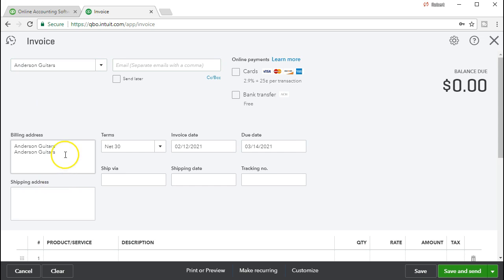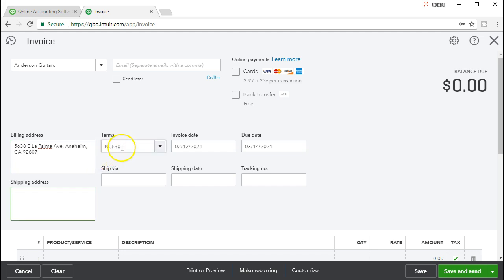We do need some type of billing address so that the sales tax will calculate. We will have calculate sales tax on this particular invoice. Because this is an example problem, we're going to use just a 5% sales tax, but the online program does calculate sales tax automatically based on the location and setting up the sales tax. So we set up the sales tax and we're going to just add the address here so it will calculate our sales tax. So we're going to put the address, and so this is just an address so it will